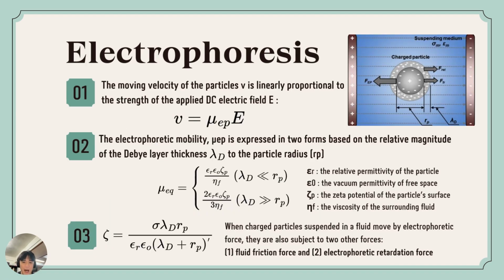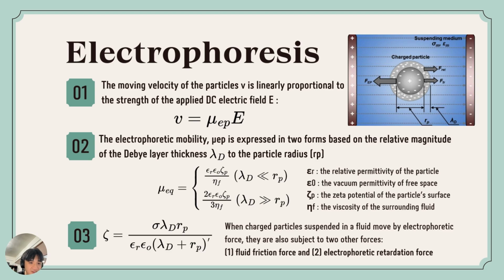Next, let's talk about the moving velocity of the particles. The velocity is linearly proportional to the strength of the applied DC electric field. Okay, so it can be generally expressed as V equals mu EP times E. Okay, the mu is the mobility, and as you can see in the picture, the